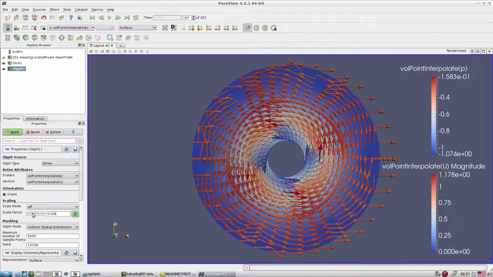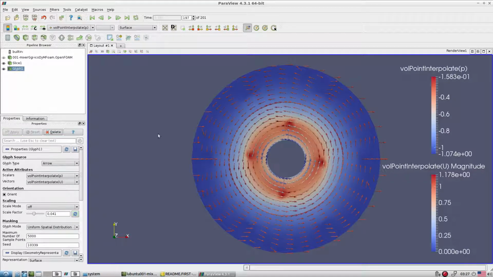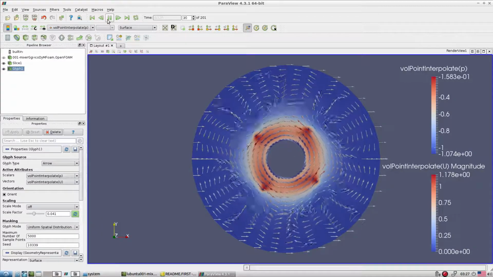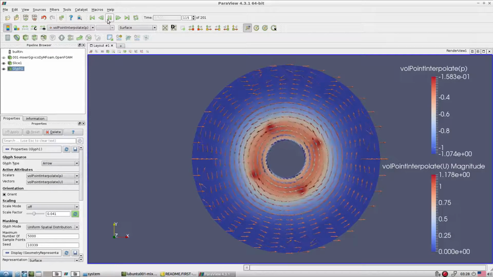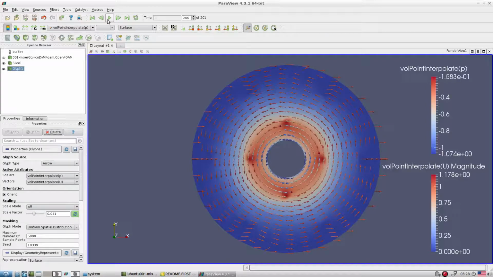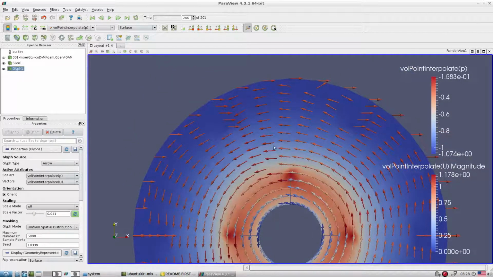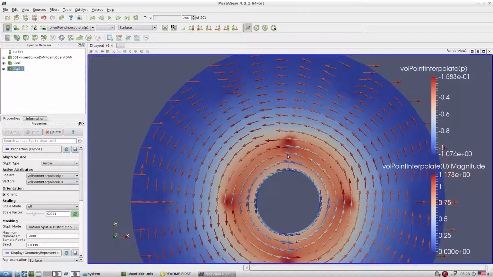So this is how the vector plots look. Slowly it tries to establish the movement. This is the exact cell movement if you look at it. Because of our nice GGI interface, the entire movement is taken into account this way, and we take into account only the normal velocity.